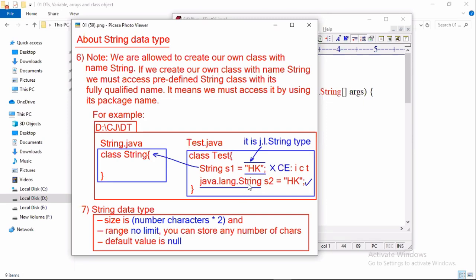You have to take string as what type? java.lang. Then the problem is solved. And next, if you define the main method, then what happens? Main method is never executed. What is the solution? You have to place java.lang.String in the main method. So these are the points. Practice in your system, then you will remember, then you will understand. Some points definitely you don't understand.